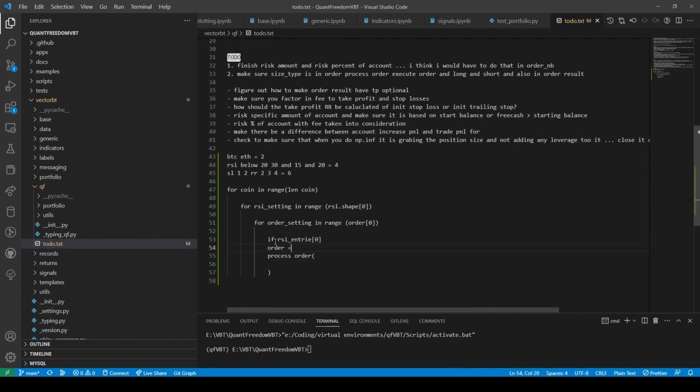So order equals order. And then here, that's where we would use the order settings. So we would say stop loss price equals order setting.